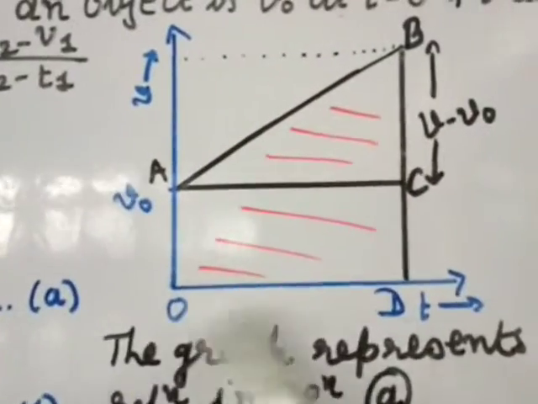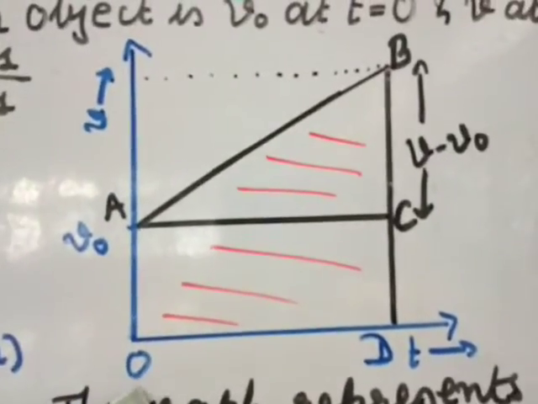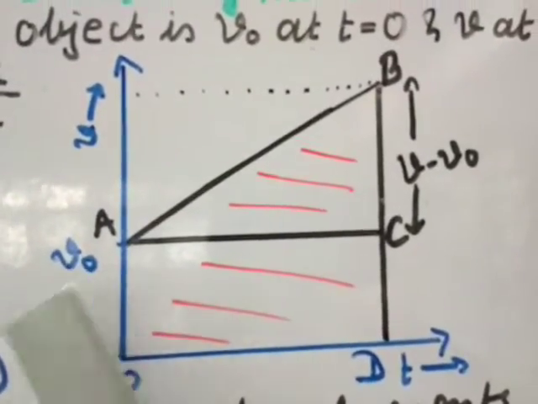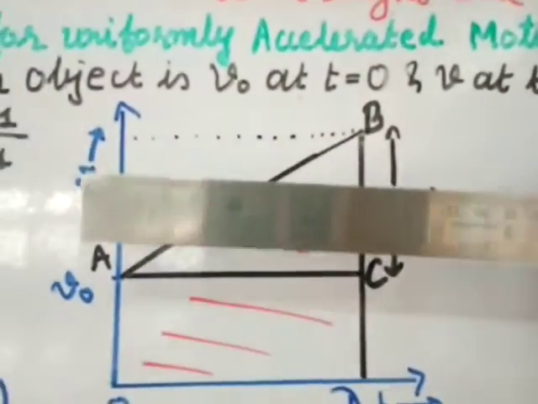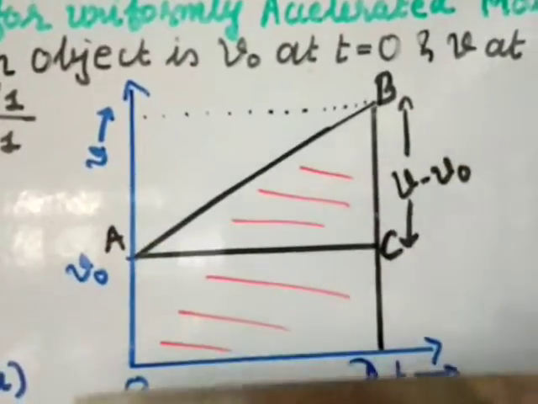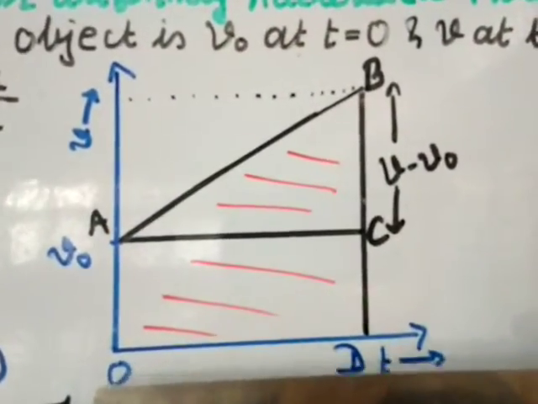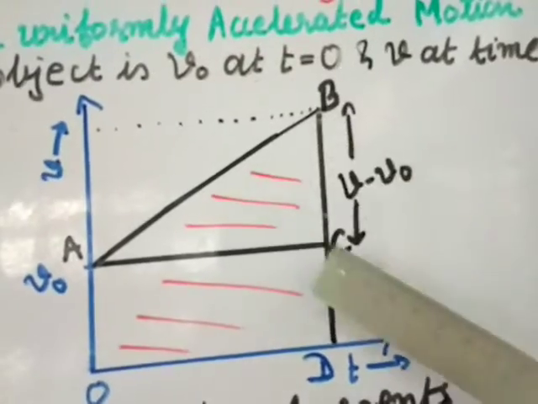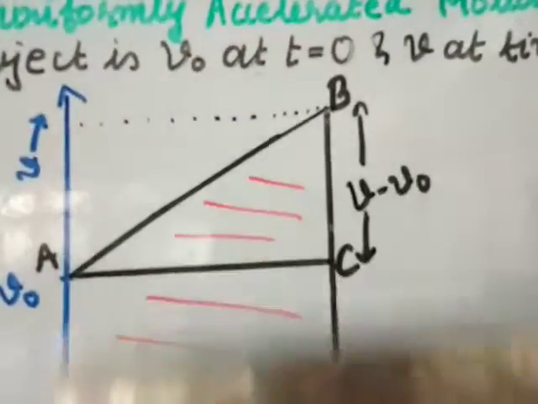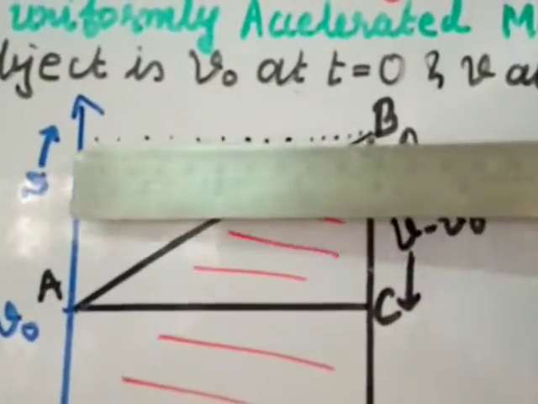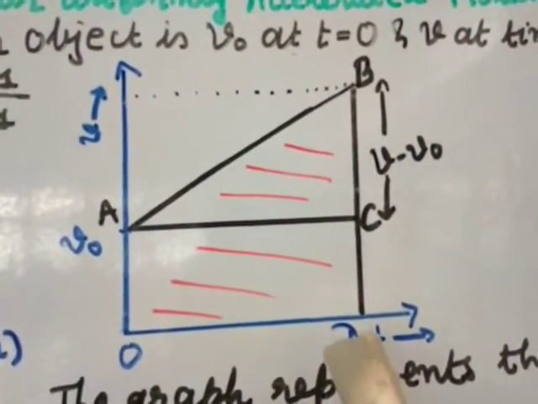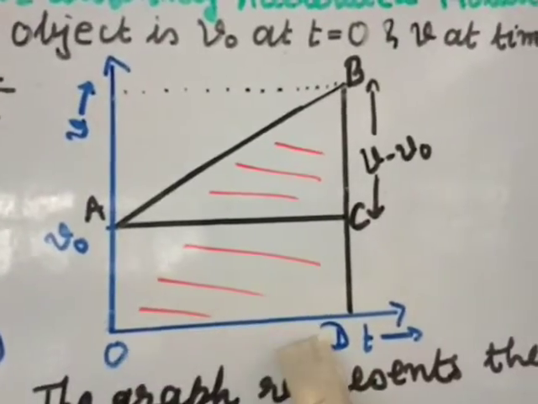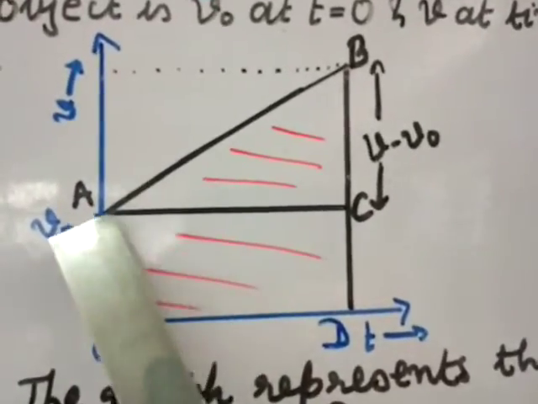So here this is a time and velocity graph. At t equal to 0, the initial velocity is v0. At time t equal to t, the final velocity is v. Then if you draw a parallel line from v0 to the axis of time, then this B to C distance will give you v minus v0, or from here also you can find from A to this distance will be v minus v0. Now AC and OD will be equal. This is at t and this is at 0. So this distance OD will be t minus 0, that is t. That will be same for AC, it will be t.